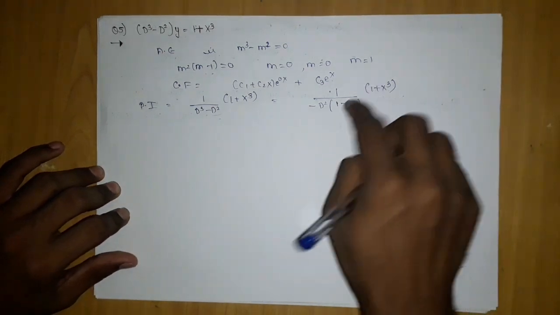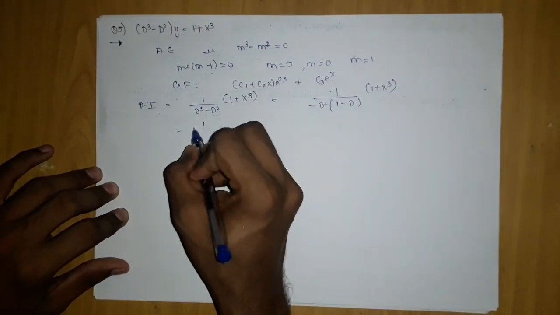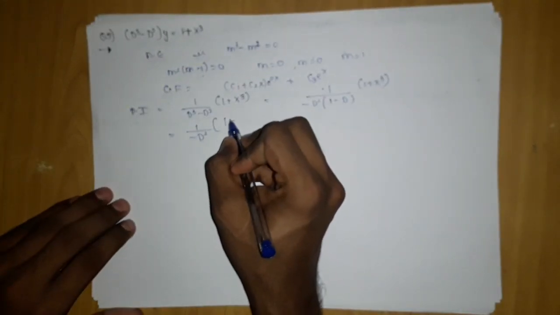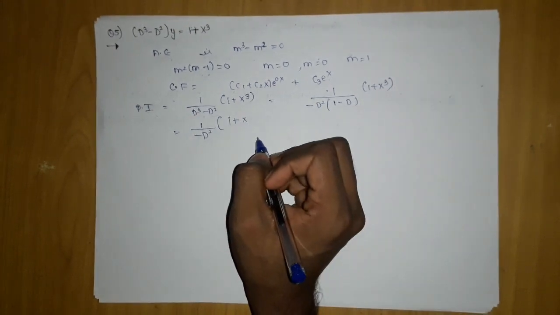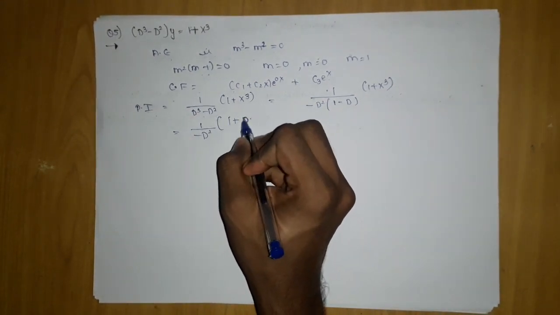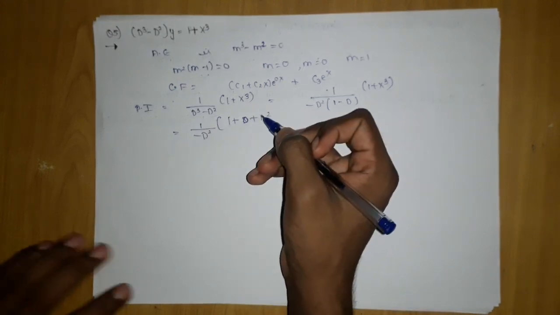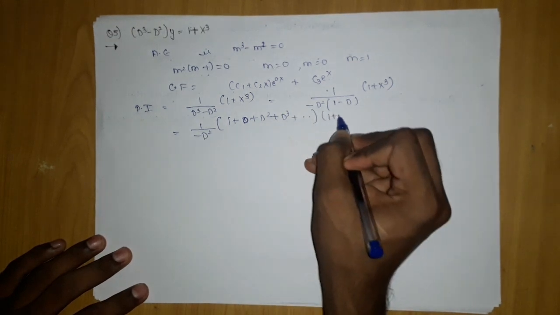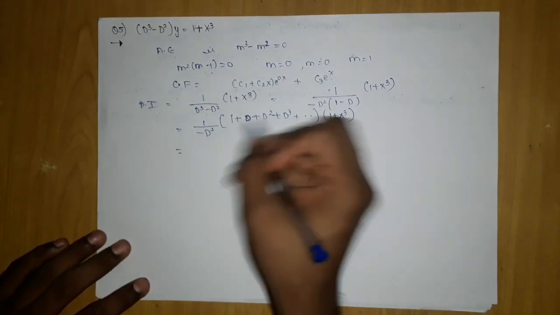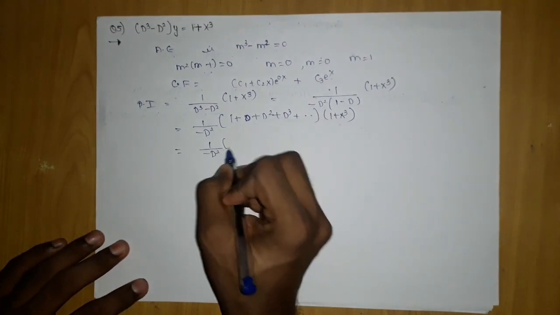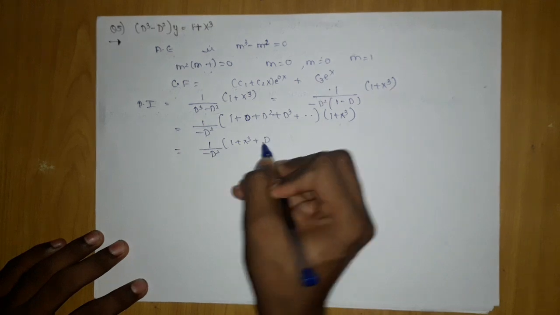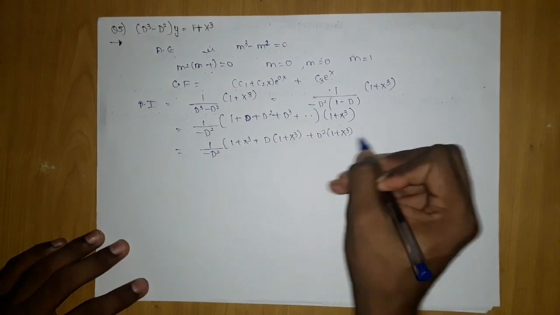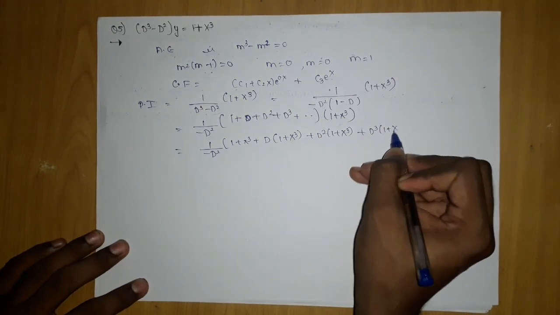Now you can do the binomial, your Maclaurin expansion of this. If you do this, what you are going to get is 1 plus D plus D square, and it will go on. Now what we require is D cube, because D cube is present in the polynomial. Now multiply the polynomial inside. If you multiply, 1 plus x cube will be here, D into 1 plus x cube will be here, D square into 1 plus x cube will be here, and D cube into 1 plus x cube will be here,